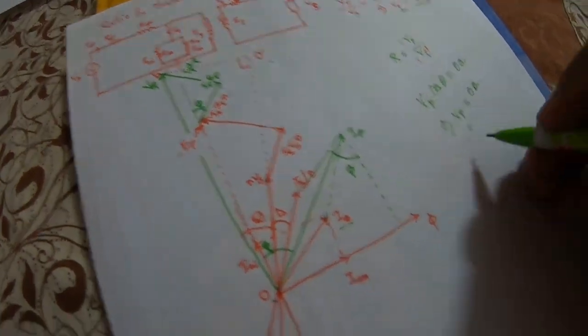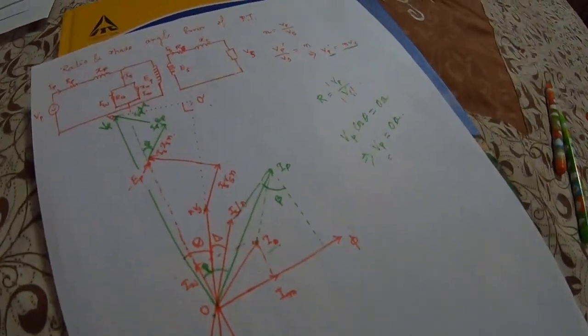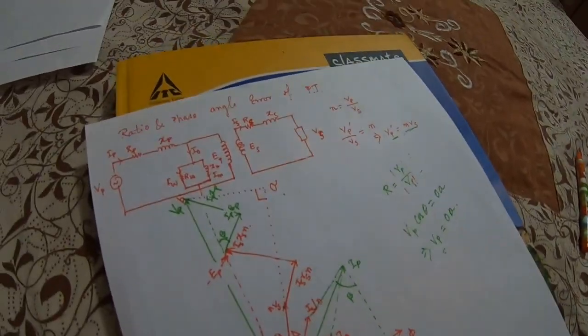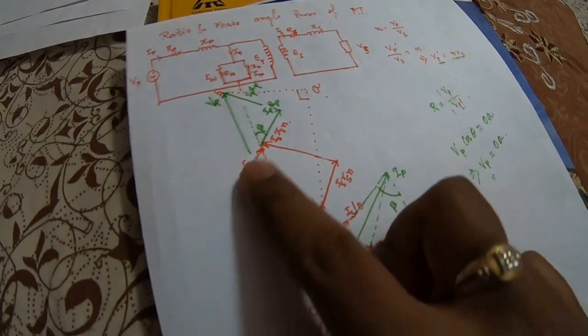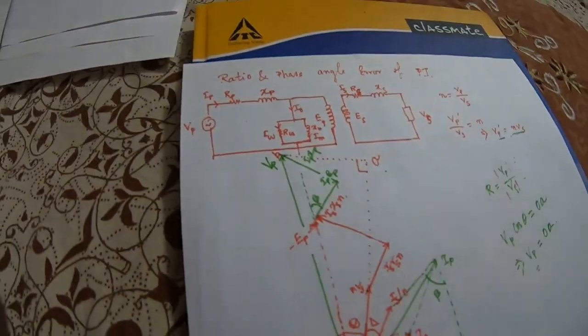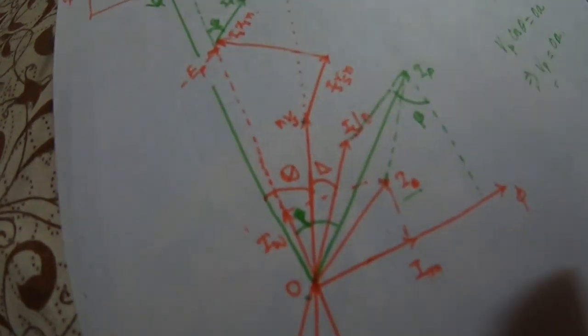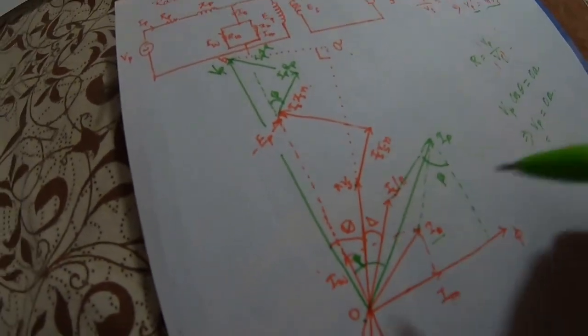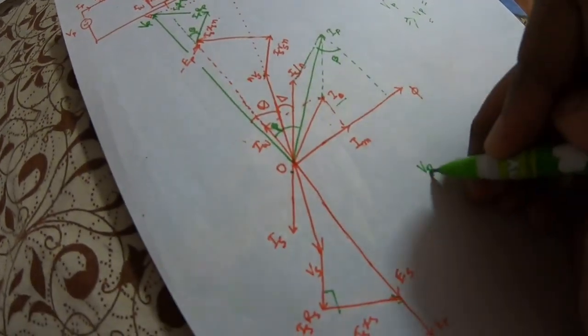So if we have the value of this OA, then we can easily find out the value of Vp. Vs will be kept as it is, so we have to find out the value of Vp. To explain this, we will elaborate this part in detail, because there will be so many calculations. Hope you will understand this. So now listen very carefully from this point. What will be the value of Vp?